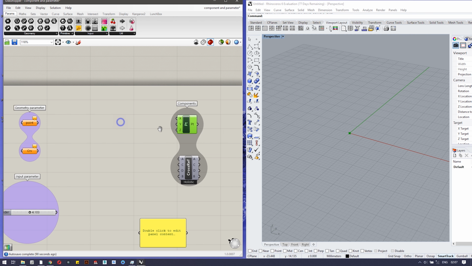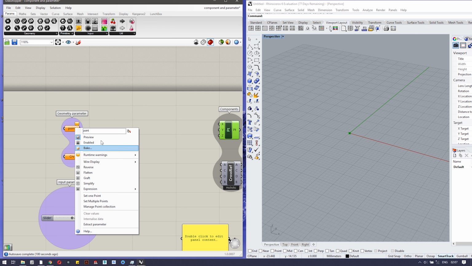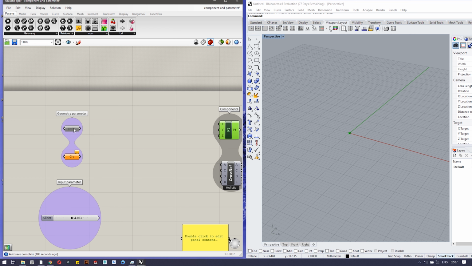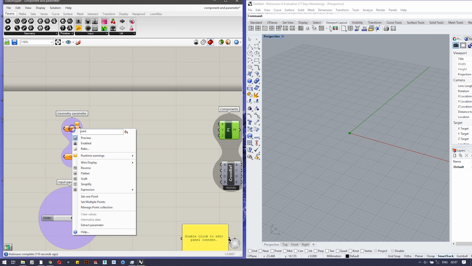Let's go for more options. Enable: if you want to deactivate it, click on enable, it will deactivate. Otherwise, click again to enable it. Bake, I will cover it later. Runtime warnings shows us if there is any warning.